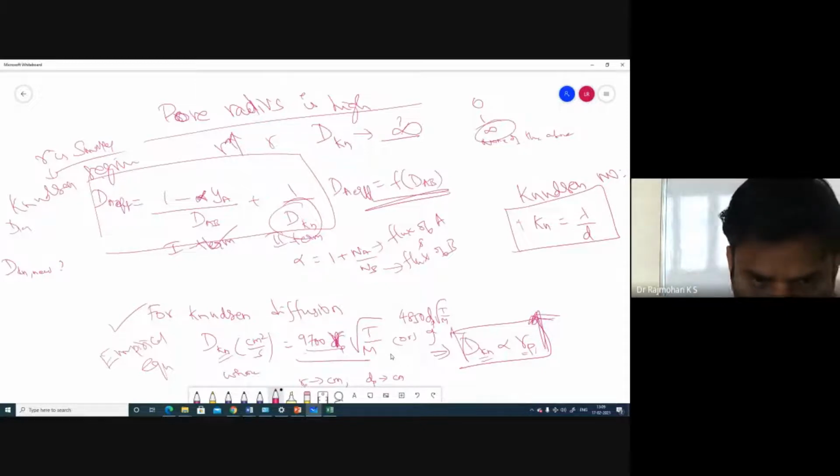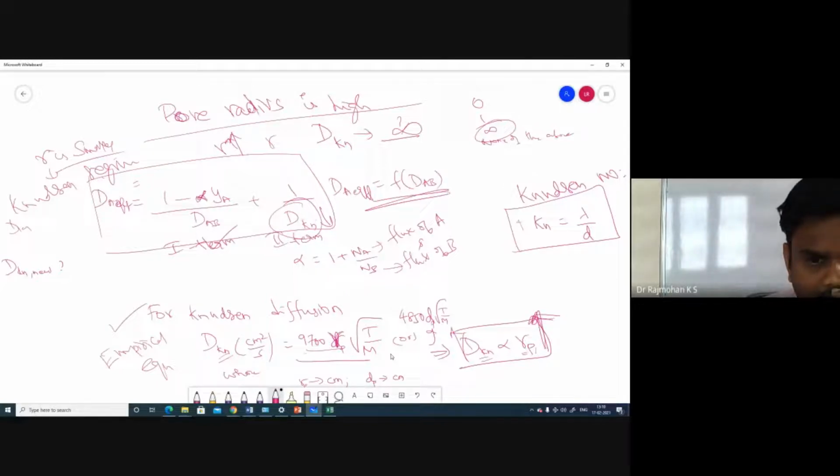Someone want to explain it again? What happens there? When R is small, what is happening? So when R is small, then dkn value is also small. So D effective is highly in the denominator, if it is small, if it is decreasing, what will happen overall? This term will become significant, right? So that way we can say dA effective is a function of dkn.